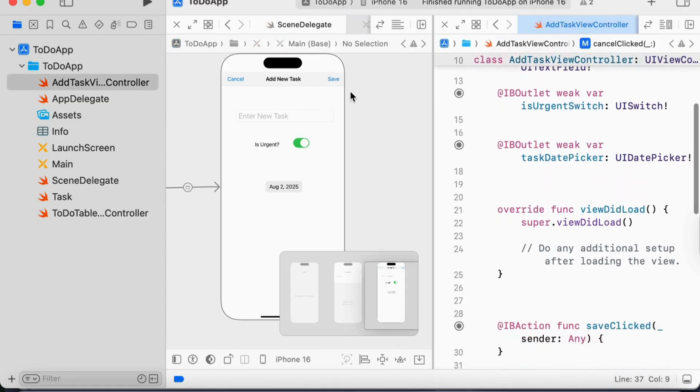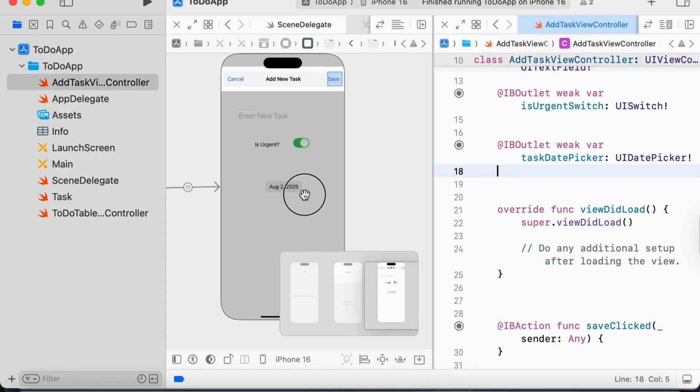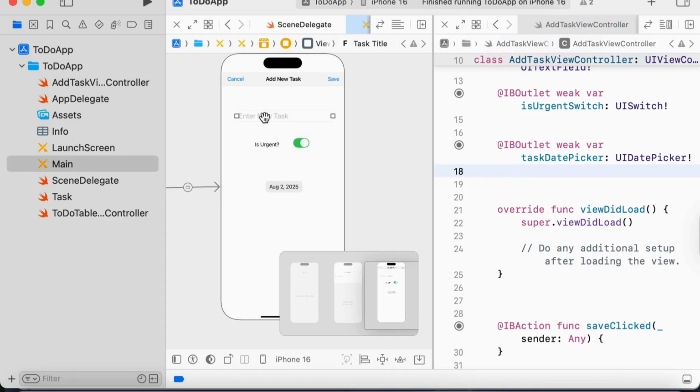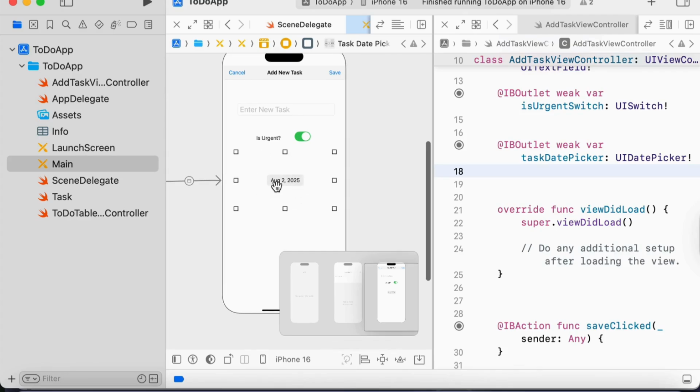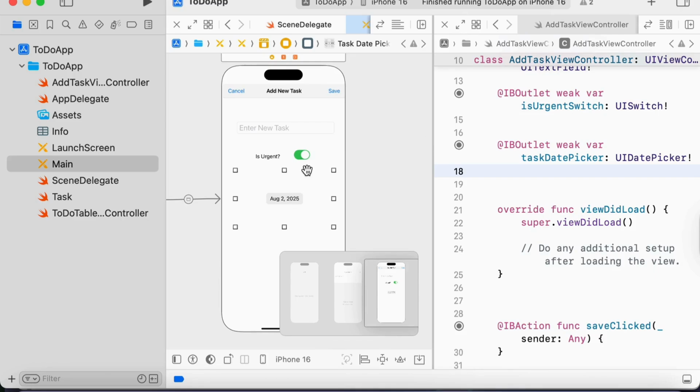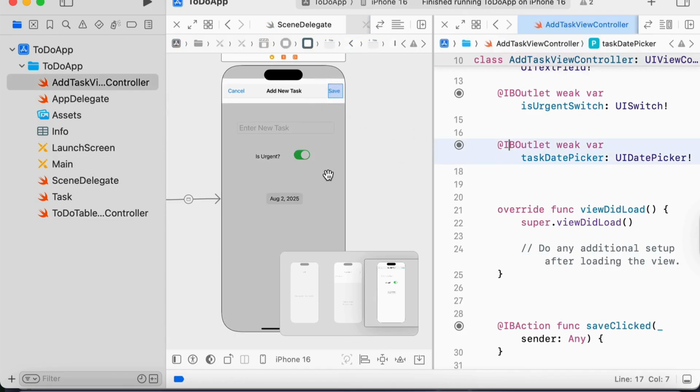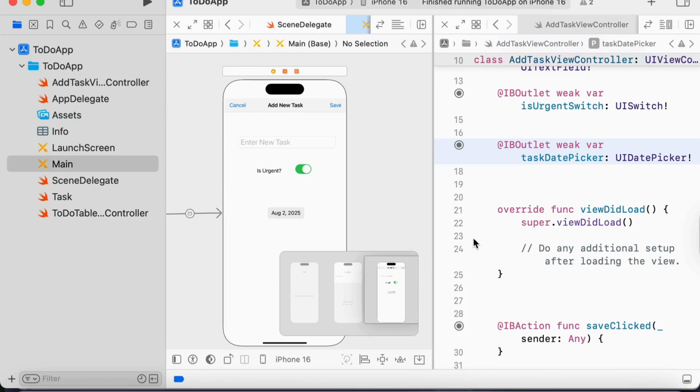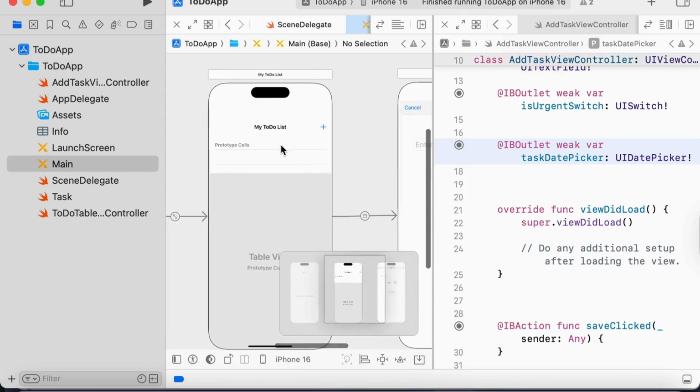In order to start collecting, I should verify or maybe validate that the user entered a task. This should be the default date, I mean today's date, and also we could give it an initial value. So at least the user should enter the title of this task before being able to click on the save button. But now the question is how the newly created task that we will create in this view controller is sent back to the